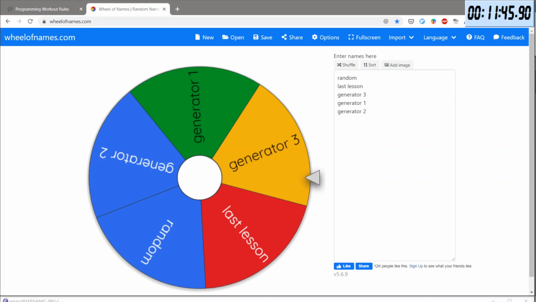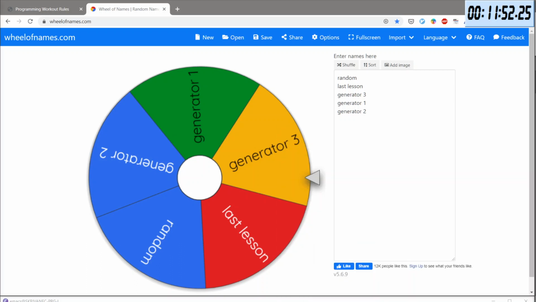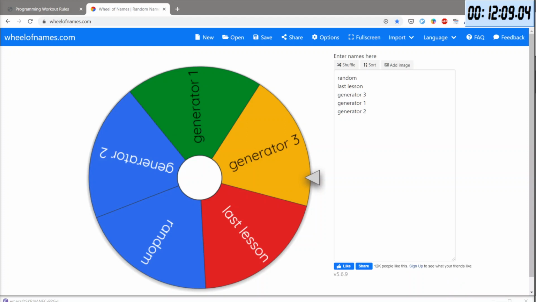Where is it? I don't see it. Okay, so here it's nowhere to be found. I cannot even switch to it. Oh, maybe now it popped up. Okay, so I'll close this. Then what?